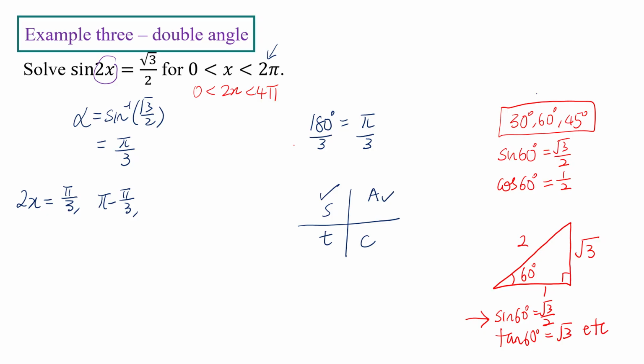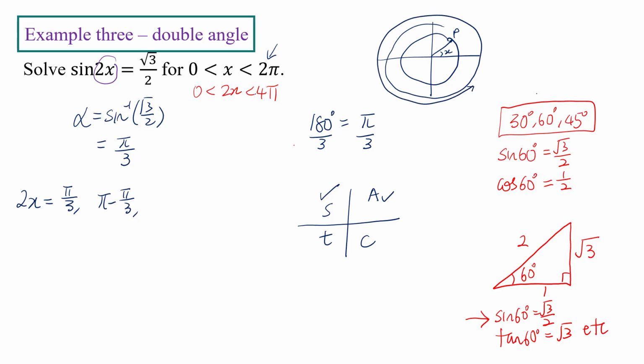That means this particular point P moves around the circle 2 times. So therefore, for the original answer, pi over 3, you add one more round, which is 2 pi. Then pi minus pi over 3, add another 2 pi. Finally, you divide by 2 throughout to get pi over 6,